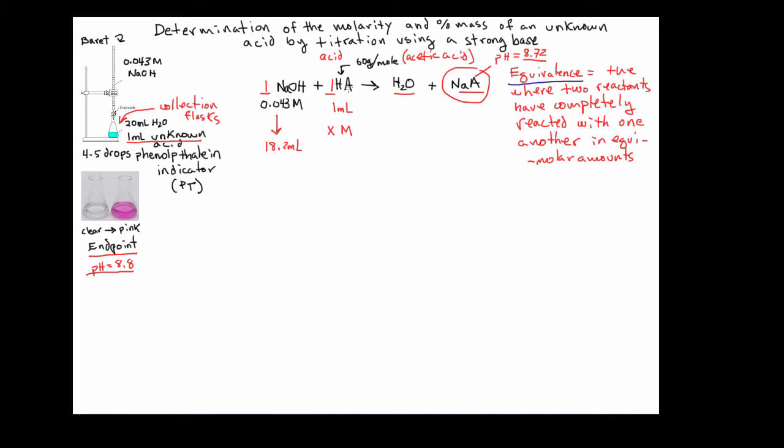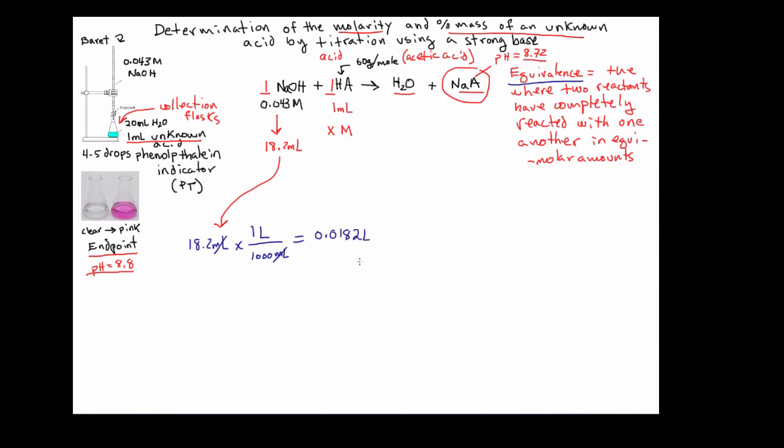All right, so how do we figure out the molarity of the unknown acid, and how do we go to the next step and figure out the percent mass of acid in the 1 milliliter of sample? All right, so the first thing we're going to do is take our 18.2 mLs, and we need to change this value into liters. We have to change it into liters because by definition, molarity is in units of moles per liter. So for those of you that might be rusty, this is how that's done. 1 liter is equal to 1,000 mils. So we're going to divide the 18.2 mLs by 1,000. We get